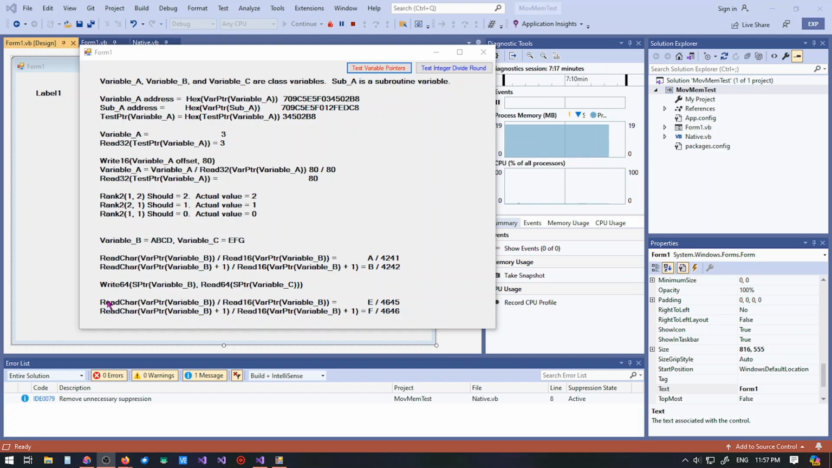Now, write 64, and this is the string pointer. You know what? I gotta check something here. Variable B, and you write over it with a string pointer to variable C, 64 bits. Okay, I think I know what happened. Anyway, it seems to work at first. You go back, and instead of the first letter being an A, it is now an E, and the other one's an F. But if you try to run this twice in a row,